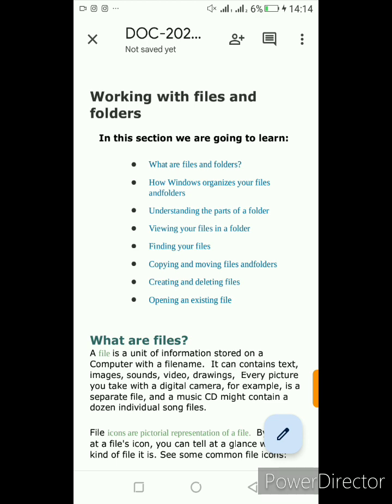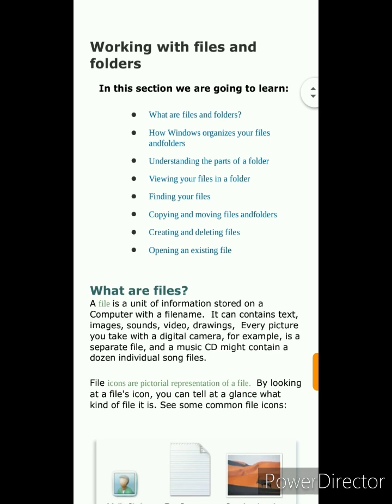So in today's class, we'll be discussing what files and folders are, how Windows organizes files and folders, understanding the parts of the file window or the File Explorer window, then viewing your files in a folder, finding your files, copying and moving files and folders,